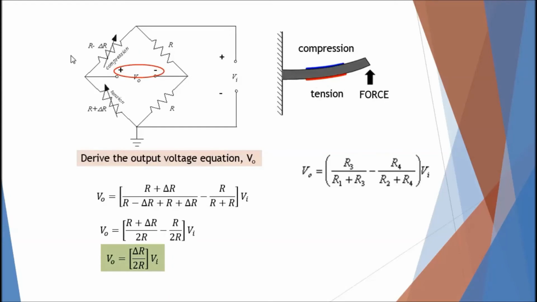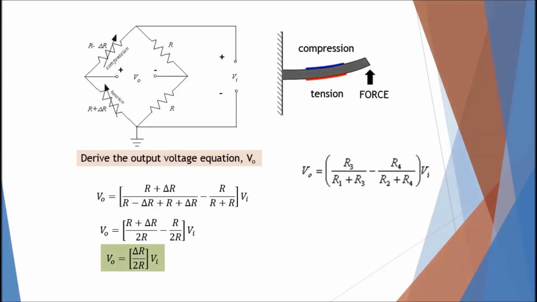For example, in this slide you can see the plus minus sign here. It means that you have to put this side first in the equation. So you start with the bottom one, R plus delta R over R minus delta R plus R plus delta R. So this is the term here, and then minus R over 2R over here. Compression means minus, so that's why you have the minus sign here. And then tension is stretching, so the stretching causes a positive resistance, so that's why you have the plus delta R. You have to know what happened to the resistance during compression and tension. Initially I will just put a default value R, but you must know what happened to the resistance when you have these forces.